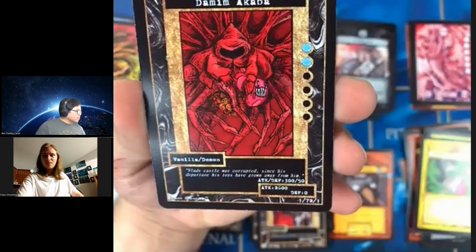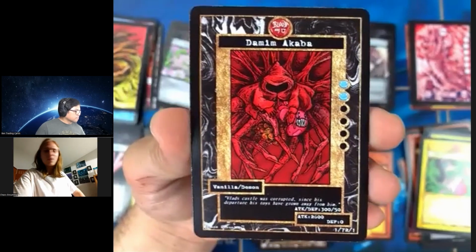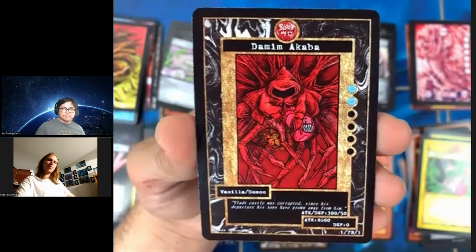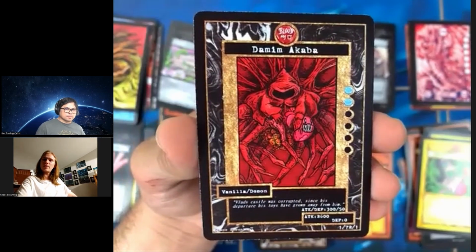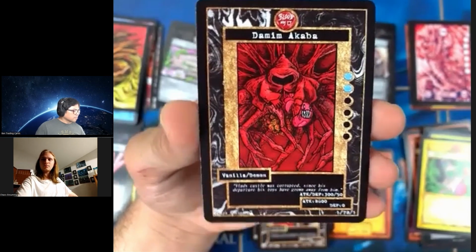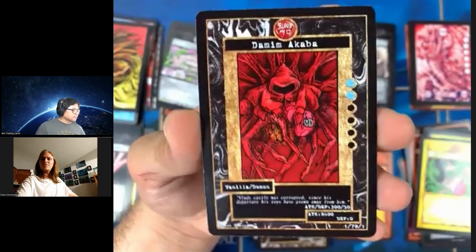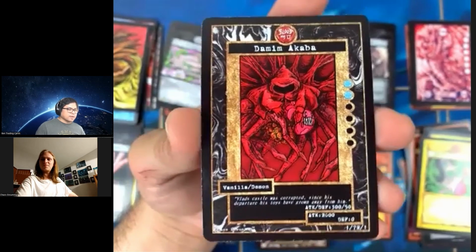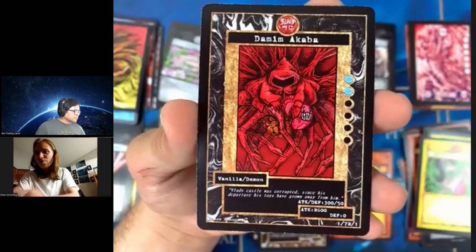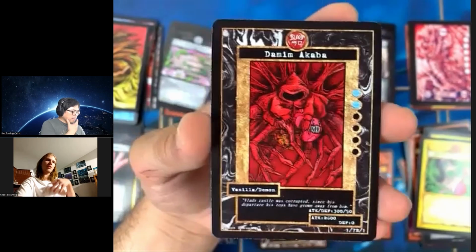Oh, this one looks like a spider, right? Yes, sort of. Damina Kaba. I forget what Damina means. I believe it has something to do with being possessed. Remember how I mentioned Vlad the Impaler, how there was an inspiration upon that in the story? Dracula. Yes, correct. There is an inspiration of Vlad the Impaler, which inspired Dracula, and essentially he lives